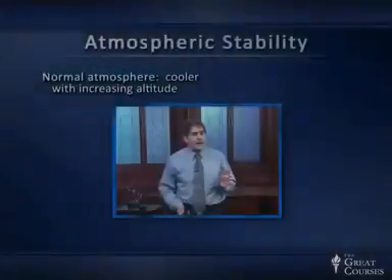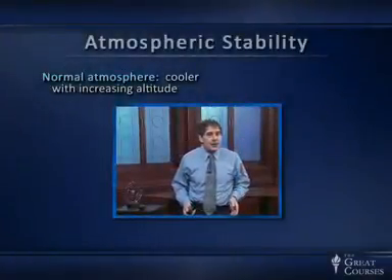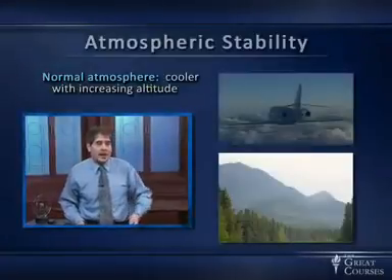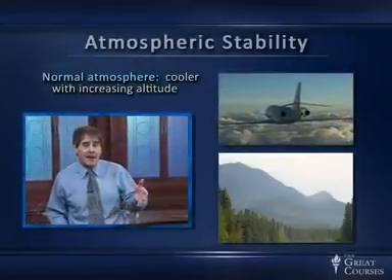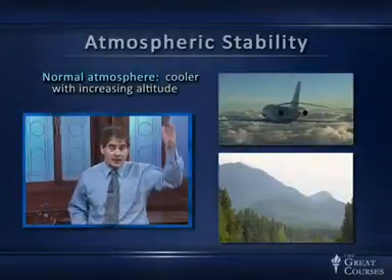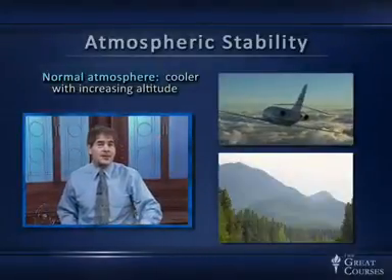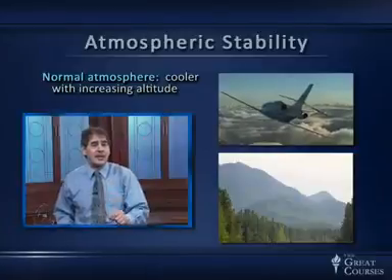So those are two examples, the diesel engine and this ignition system, that are sort of technological instances. Let's look at a couple now of natural occurrences where we worry about adiabatic compression and expansion in Earth's atmosphere. Normally, it gets cooler as you go up. You climb a mountain, it gets cooler. You fly up in an airplane, and the temperature outside the airplane is very cold. The reason for that is because the atmosphere is basically transparent. Sunlight comes through the atmosphere, heats the surface of the Earth, and then the atmosphere is heated from the surface